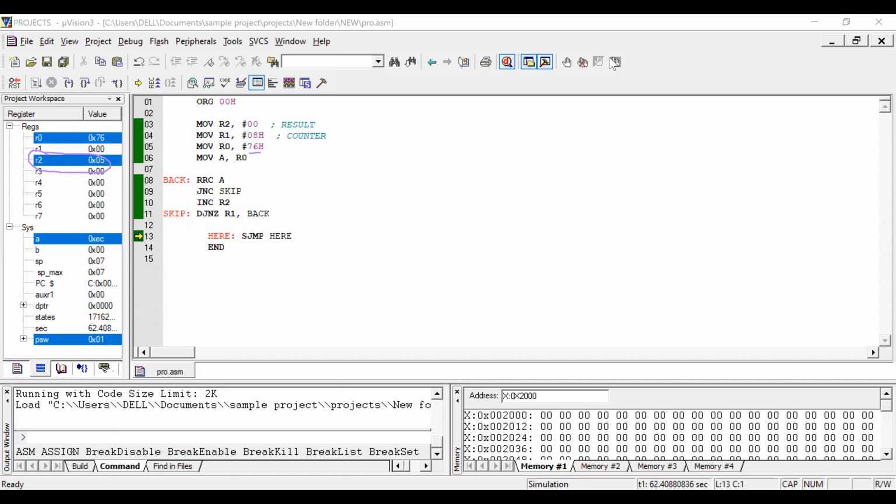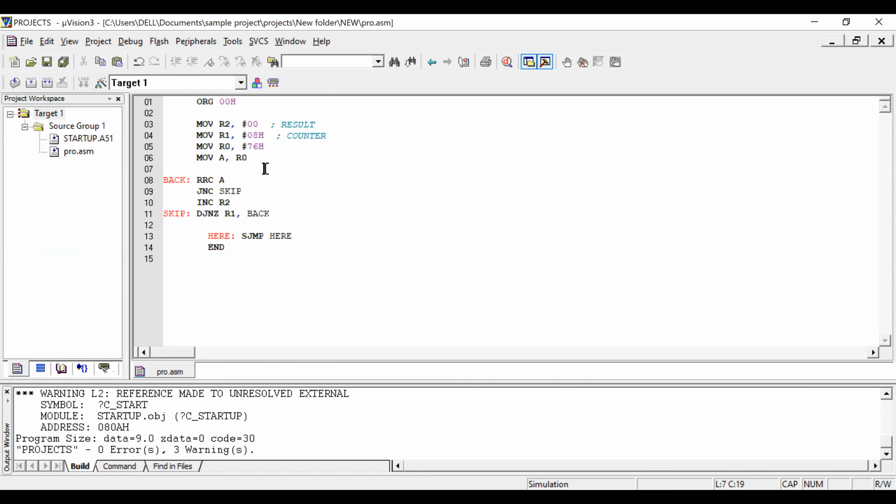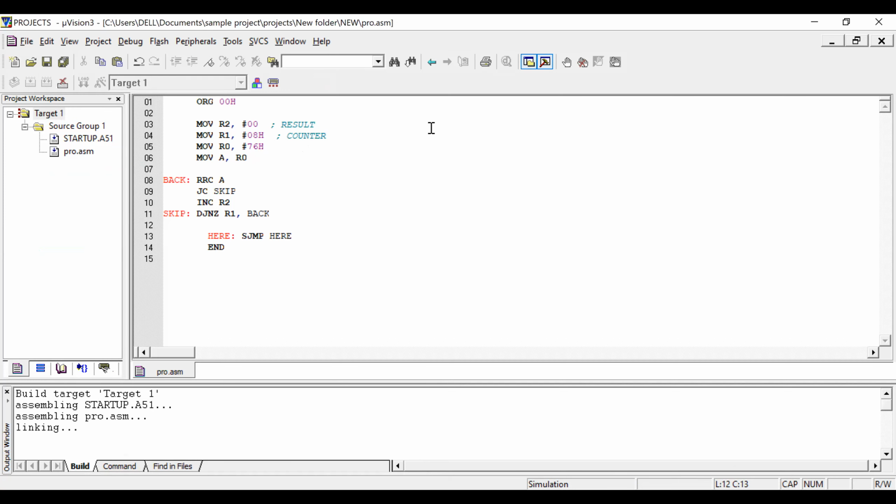Okay. The same program you can use to find out the number of zeros just by changing the instruction here: remove the N from JNC, just have JC. Now you can build the same program once again.